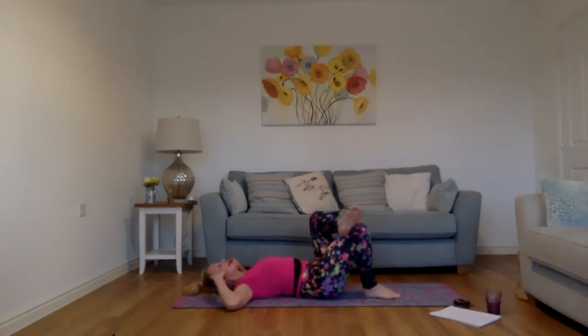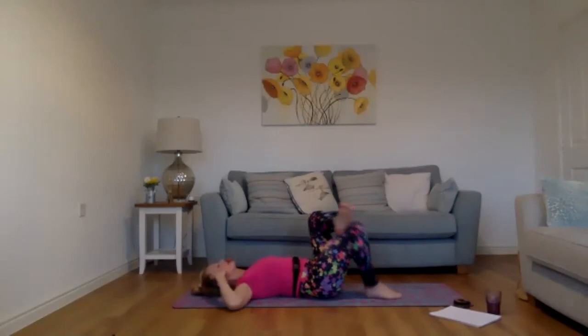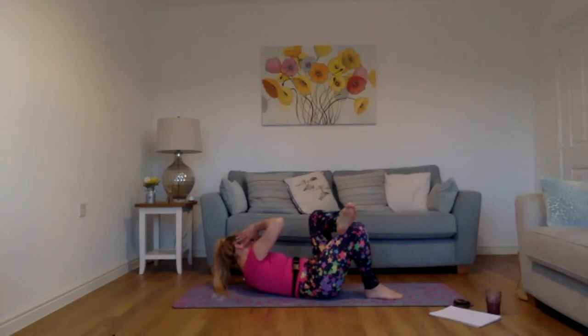So breathing in, and as you exhale, lifting up your body, twisting right elbow towards the left knee. You don't have to actually touch them together, just go towards it. So you're twisting, but you don't have to actually touch. You see I've got a gap between my left knee and my right elbow. So breathing out, lift,